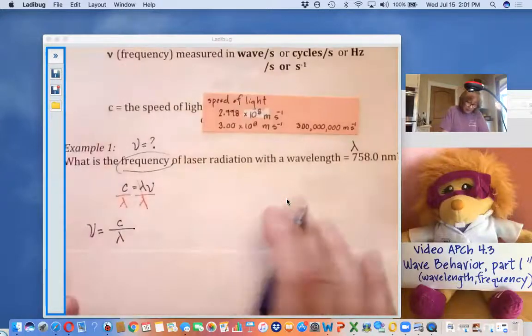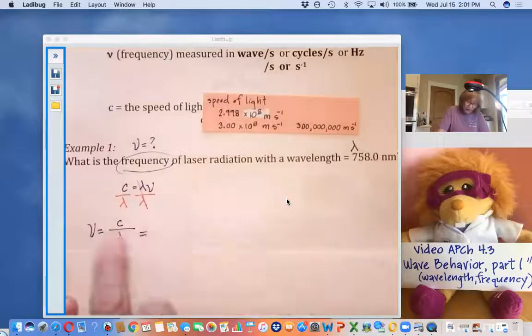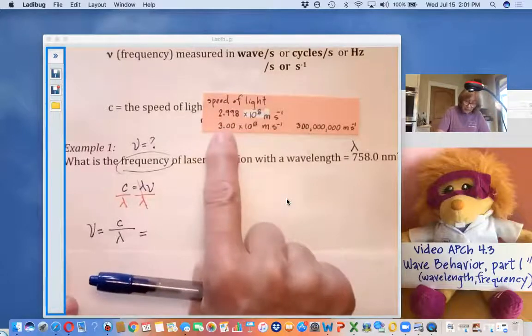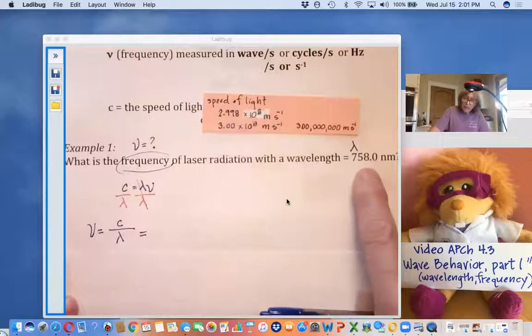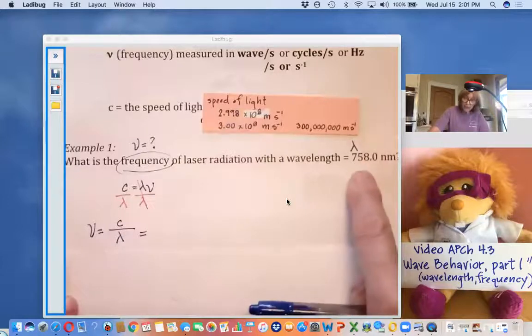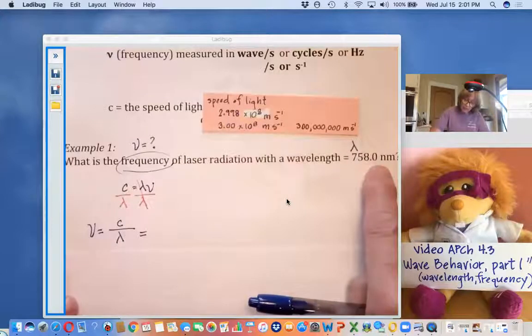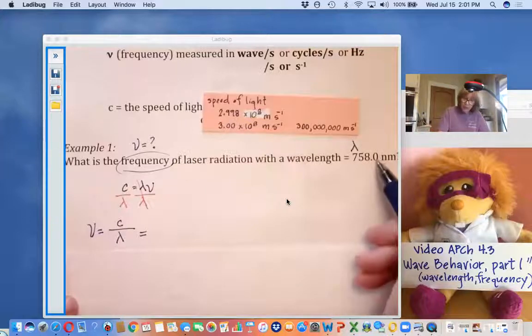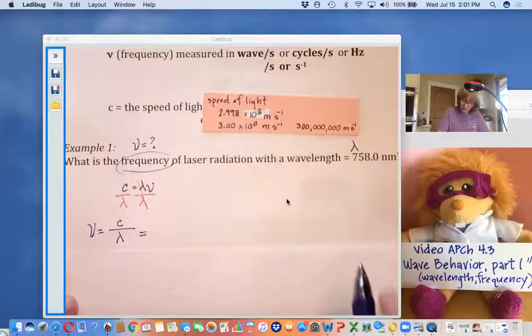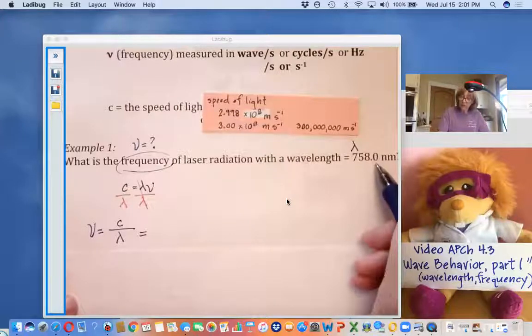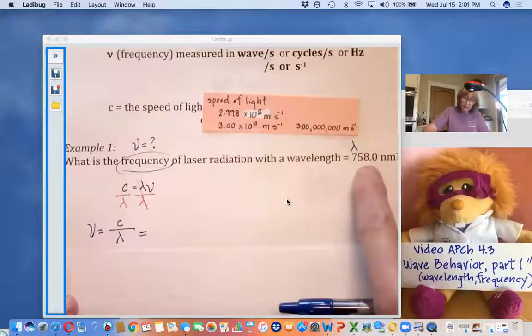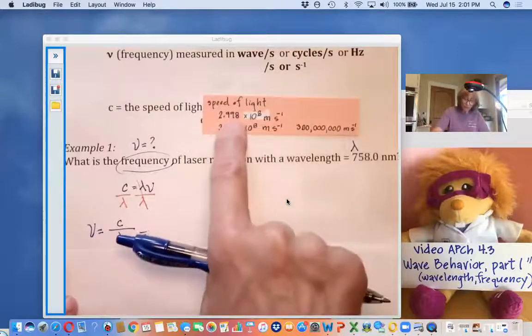Now, I'm going to plug in for c, my speed of light. If I look at the number that was given in the problem, can you see that's a 4 sig-dig measurement? This number has a 0 at the end. Sometimes those count and sometimes they don't. But if the number has a decimal, zeros at the end count. This is a 4 sig-dig number. I'm going to use the more precise version for